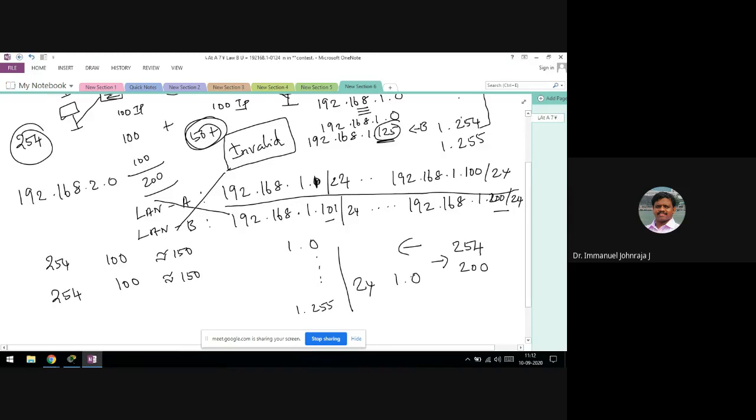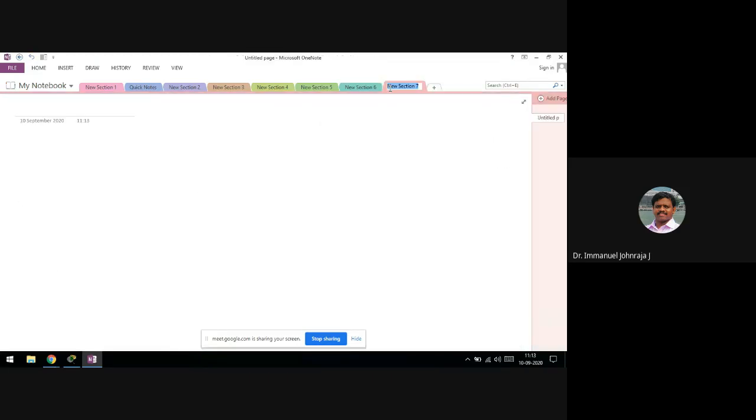As many of you know, we have a concept of subnetting. There is no other way than going to subnetting. I just write this, called subnetting. All right. So what happens in the case of subnetting? Would you mind writing a line or two in your notebook? I appeal that you please make a note of it. I'm going to give a statement or two. Probably I write here as well for your easy access.